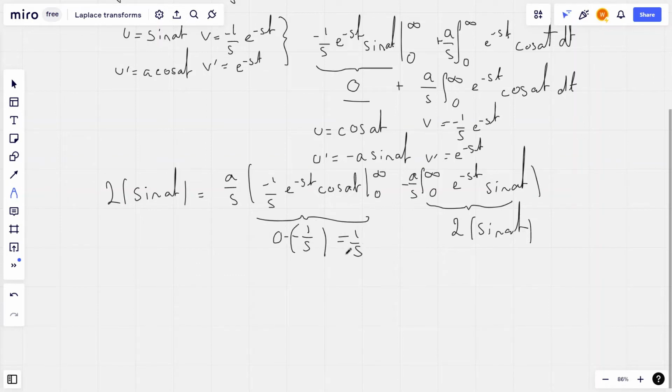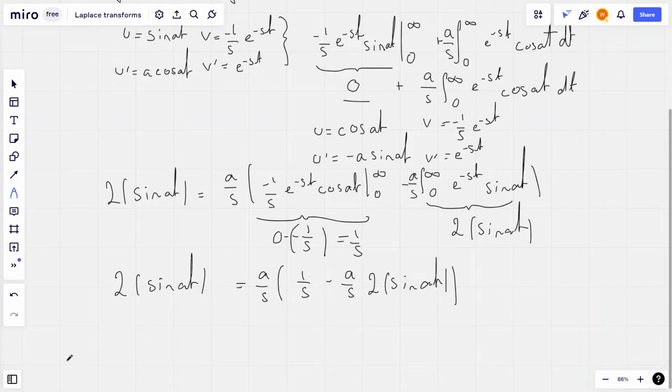So actually we have the Laplace transform of sine equals a over s times 1 over s minus a over s